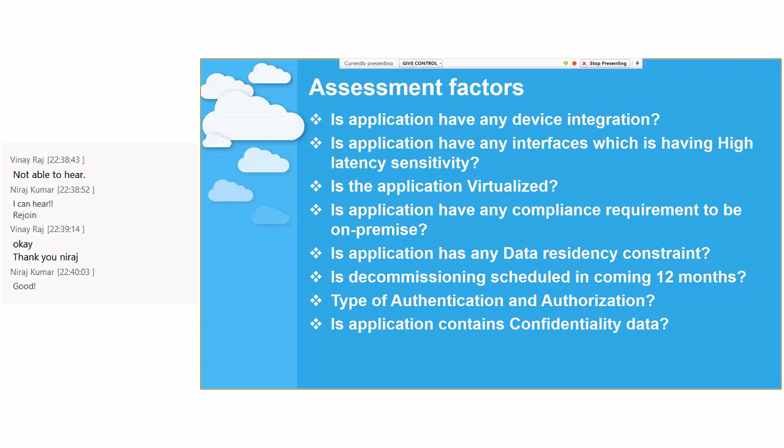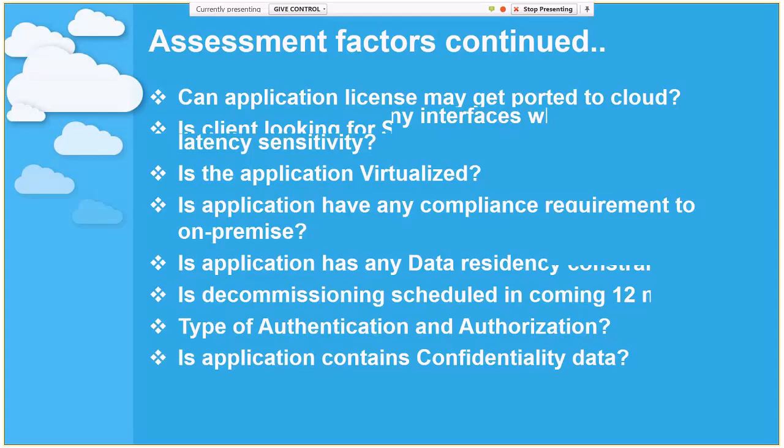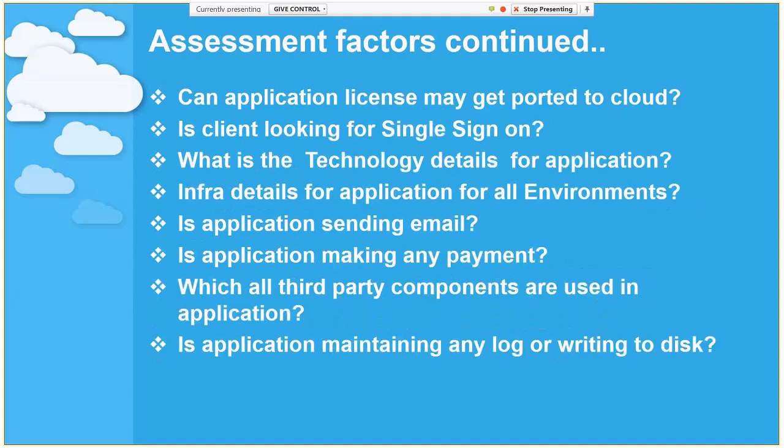We also ask whether their application and the license they have is cloudable or not. Sometimes, we were working on one application, they had one type of Oracle license, and if we are looking for some other type of license, then we need to take care of the costing also, what is going to cost. So as part of the assessment, we give a complete roadmap: the expenditure they are going to incur in migrating this application, and what they will save going forward. Definitely they share what they are spending as of today.